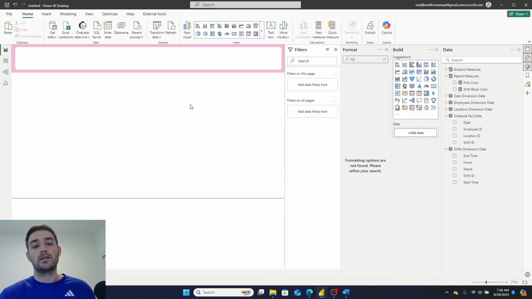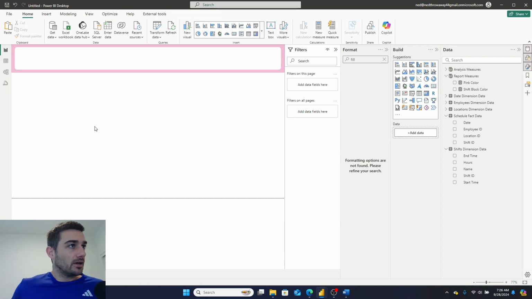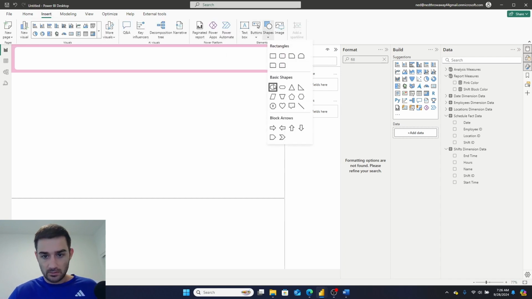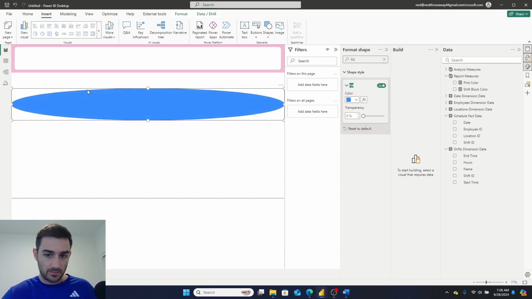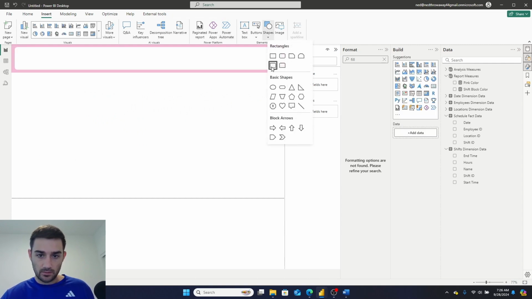We now have a nice little header shape. I don't really have a logo for this business, because it's a fake business that we're making a schedule for. So I'm now going to use a little circle. I find that a circle is a fun placeholder for some of this stuff. Oof, that is not a circle. So I will delete that, and I will go